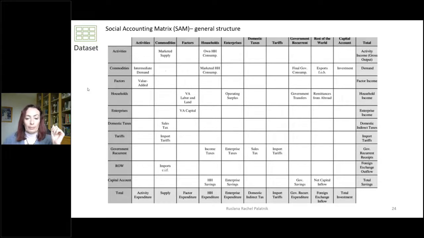And the overall sum of this row reflects the demand by the users. Now, the total of each row in the matrix must equal the total of the corresponding column. Okay, so here we see the reflection of supply that equals demand in the baseline data for each and every sector in the economy.